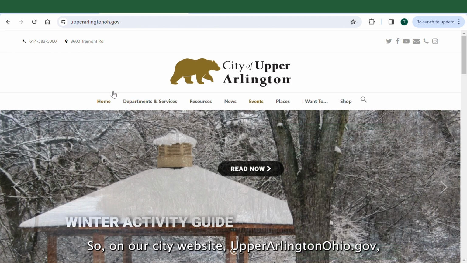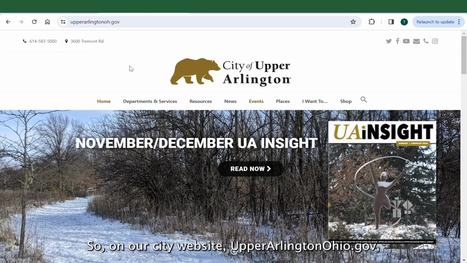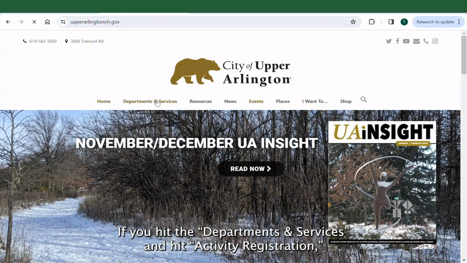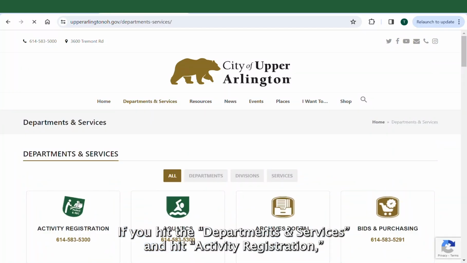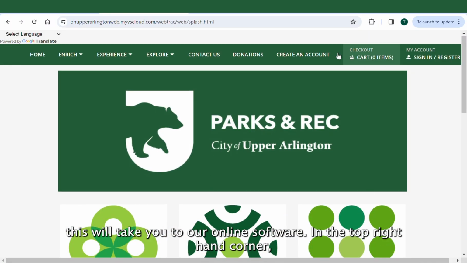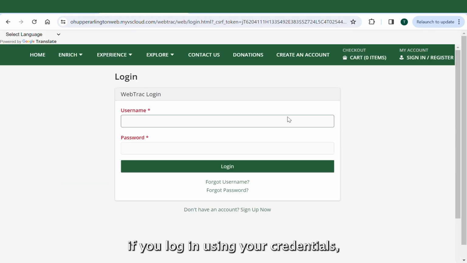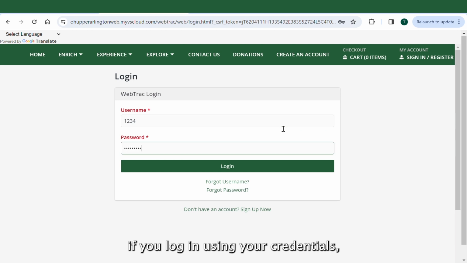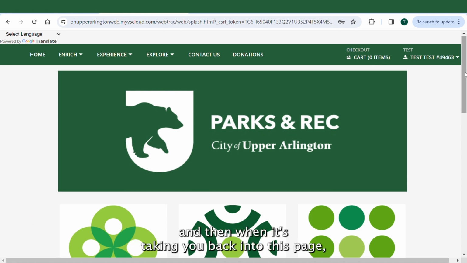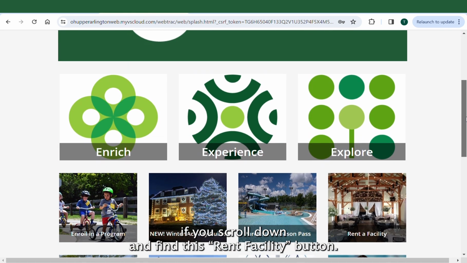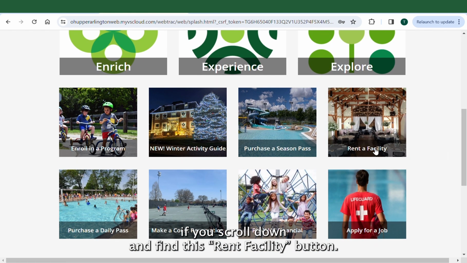So on our city website, upperarlingtonohio.gov, if you hit the departments and services and hit activity registration, this will take you to our online software. In the top right hand corner, if you log in using your credentials, and then when it's taking you back into this page, if you scroll down and find this rent facility button,